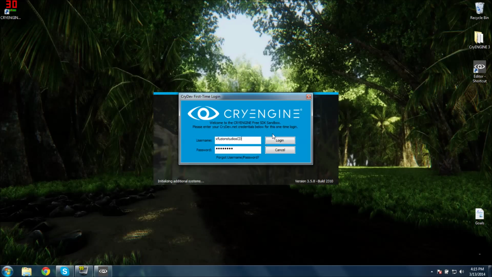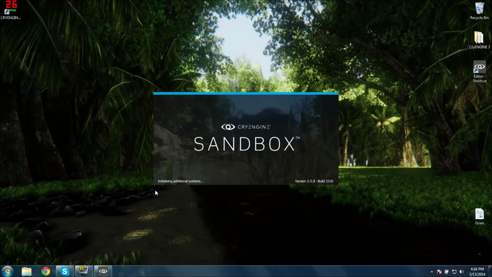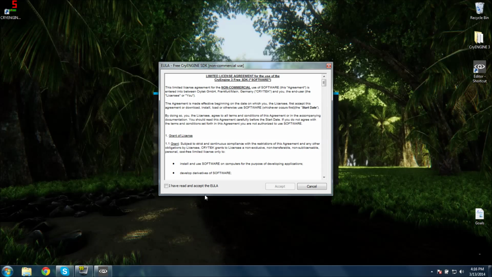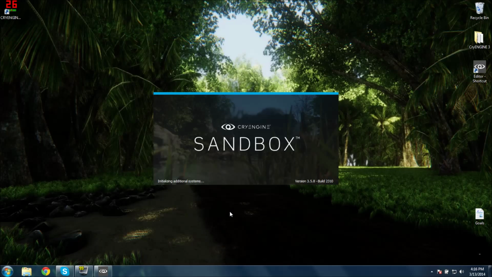This is the only time you'll have to log in. It stores it in the registry of your computer, so that even if you have to update your CryEngine, it won't ask you to log in, which is nice, because logging in would become a pain in the butt. So accept the terms of use, and check that, click accept,